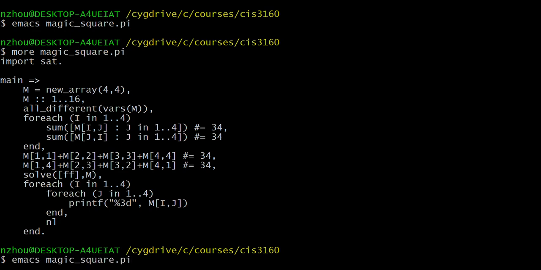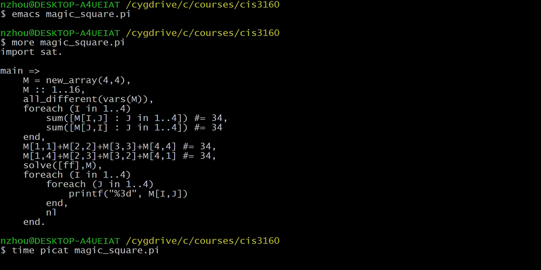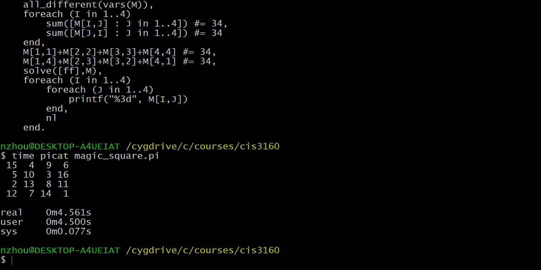And let's see the time. Well, it takes a little bit longer. Why? Because SAT solvers are normally not good at handling numbers. But this one is okay. In general, SAT solvers